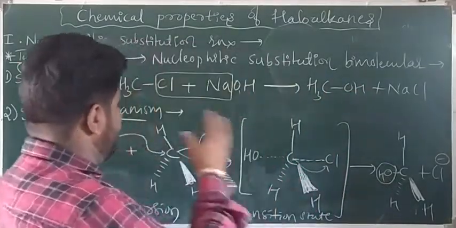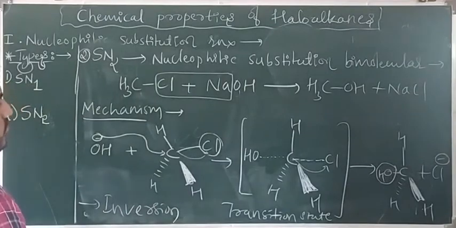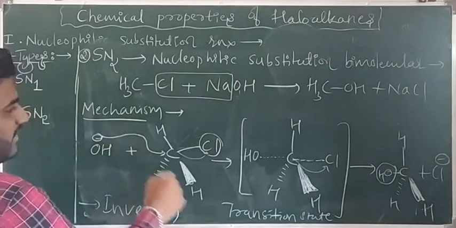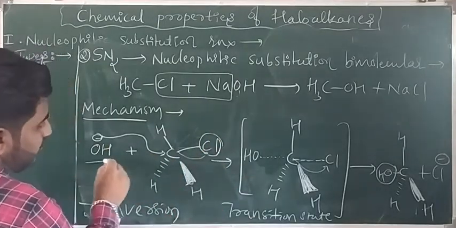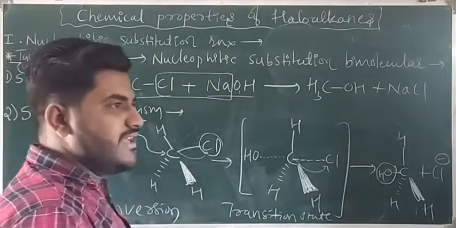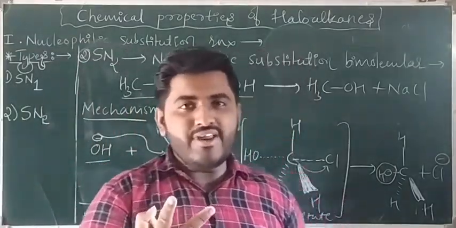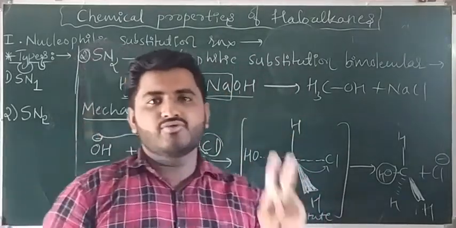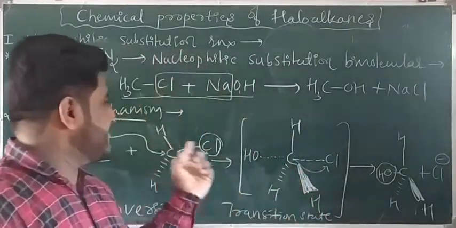When we carefully see all this, one thing we conclude is that the rate of the reaction depends on both the OH, that is NaOH, and the methyl chloride. Therefore, the rate of the reaction depends on two reactants. Therefore, this is a second order reaction. In the mechanism, it involves only one step. So therefore, it is a single step mechanism.